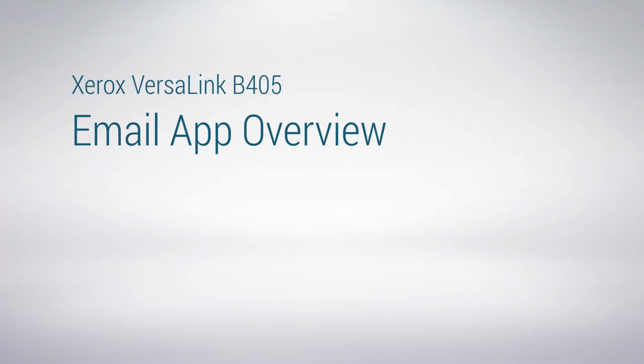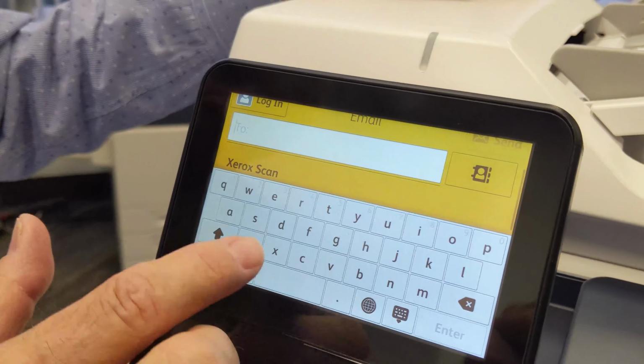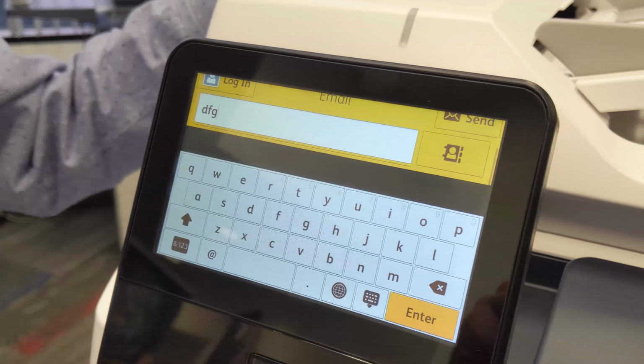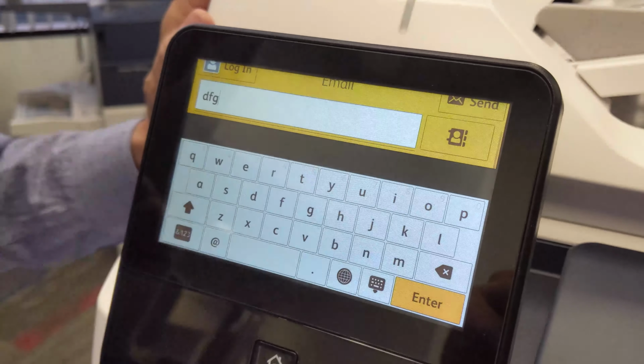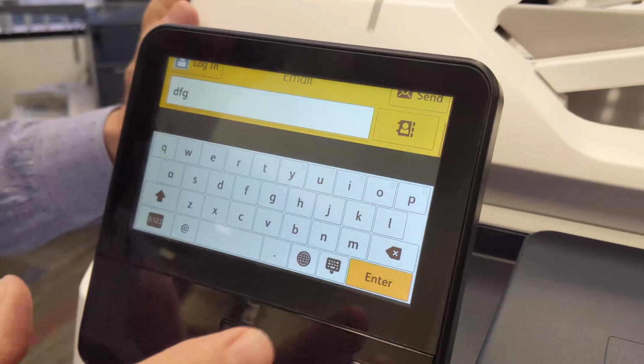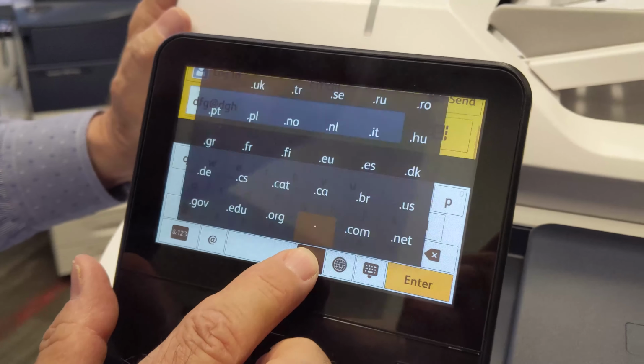Let's take a closer look at the email function. As I mentioned before, if you begin to type a name, it can be the person's first name or last name or their email address. The system will search for their name on your corporate network. After you've added the names that you want to send to,